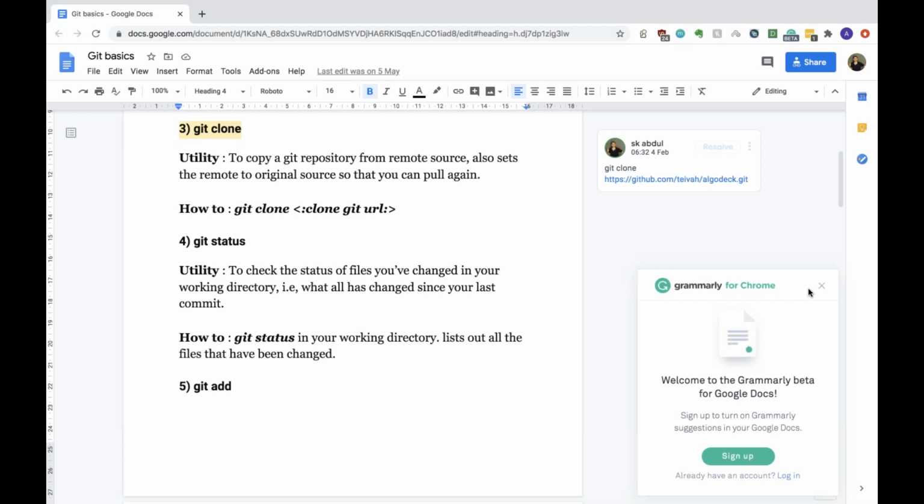Okay, so git clone is basically used to clone a repository on your local laptop. A git repository basically means you have a remote repository, and currently we have different services like Docker Hub,